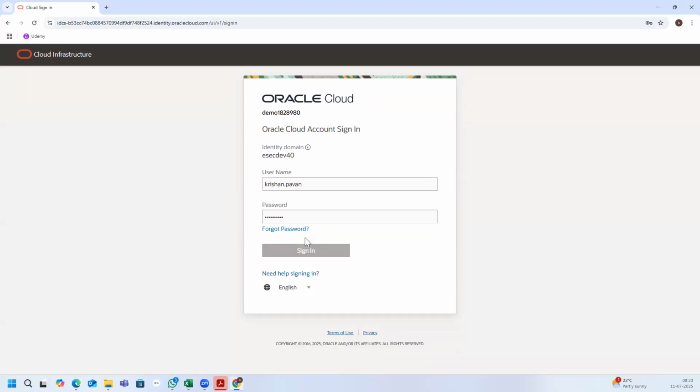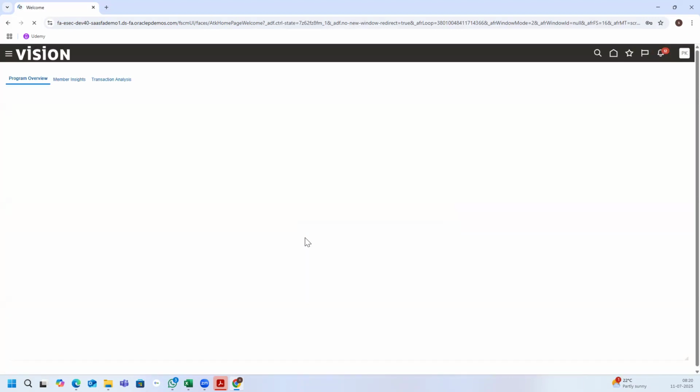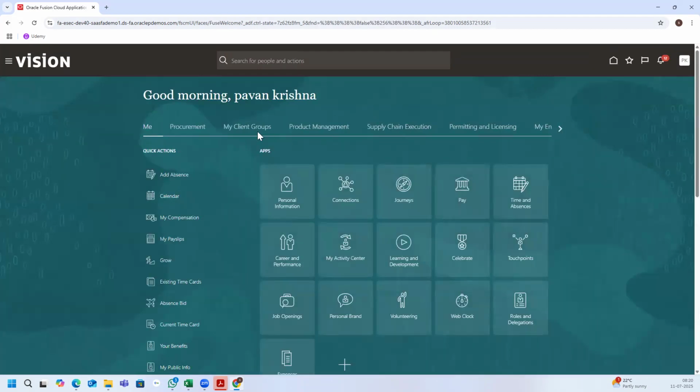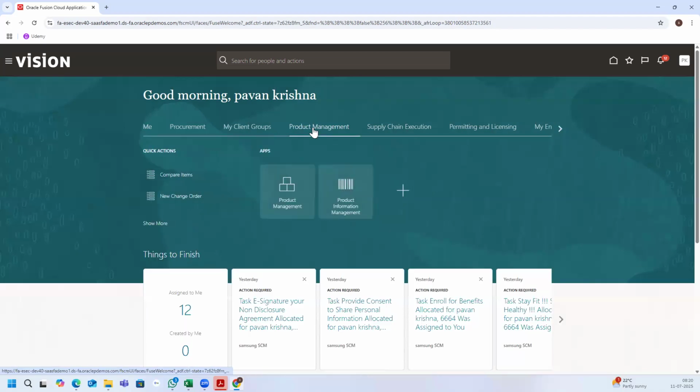Don't worry, I will show you everything. In my real time, I will connect with my office laptop. In that, I will show you how the implementation goes. So now Krishnan.Pawan logs in, and he can see, oh my God, he got so many accesses now. So he is going to do product management. In the product management, he needs to create an item. He will use product information management. In short, we call it PIM. PIM, product information management. If you click on this, he gets only